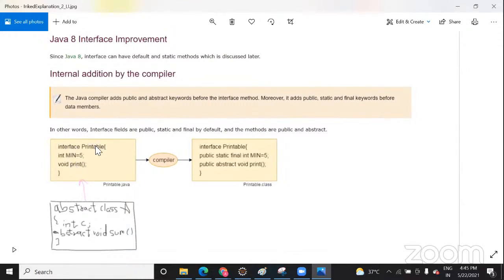This is done by your system, it implicitly converts the method into abstract, and that is the reason in the last class I told you that you need to implement this method in the child class. Okay, and what is the abstract class syntax? This is an abstract class A, this is an integer variable C, and this is a method. You need to explicitly, manually, declare a method as abstract, which can be instantiated by the child class. So this is the difference. In interface, the compiler takes the responsibility to make this public and abstract.